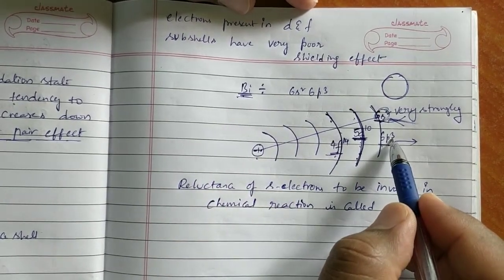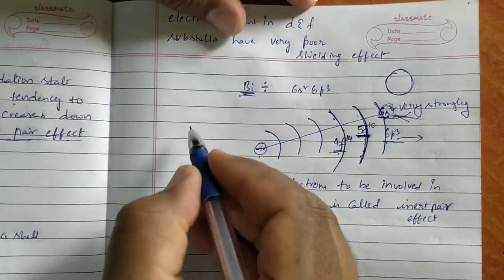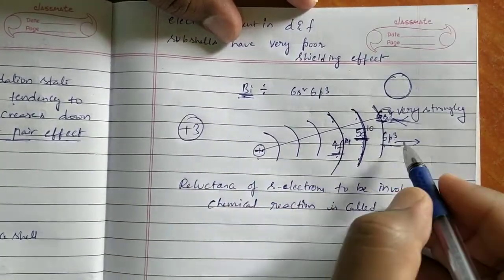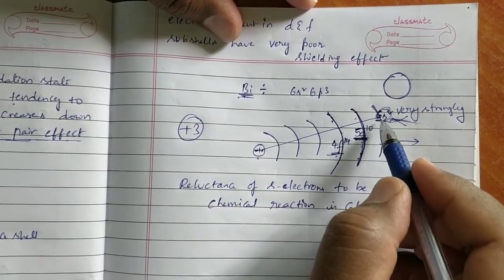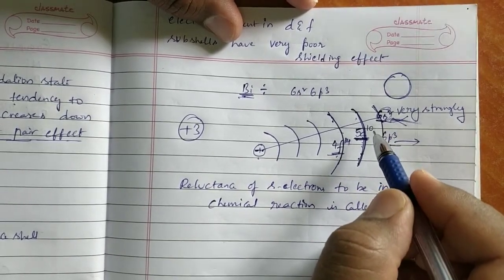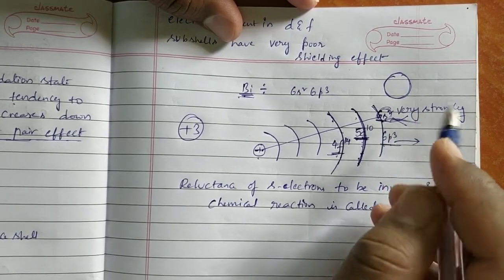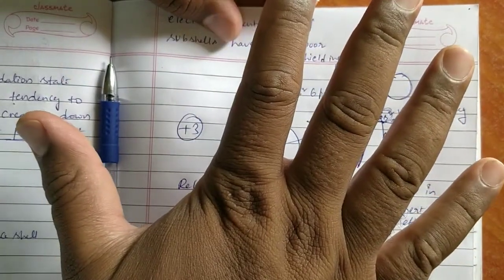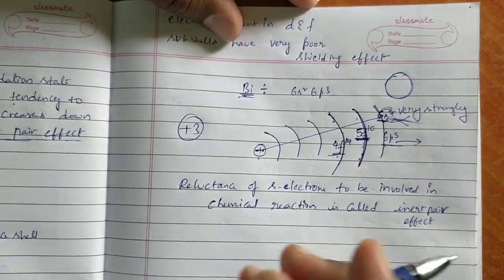How many p electrons are present, ma'am? 3. So it can show valency 3 only. So it can lose 3 electrons from 6p only. No chance of 6s. Bismuth is a metal, ma'am. If all the electrons are lost by bismuth, then it has to show +5 oxidation state. But the tendency is not there,